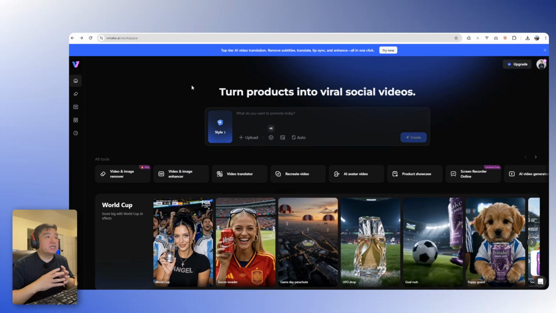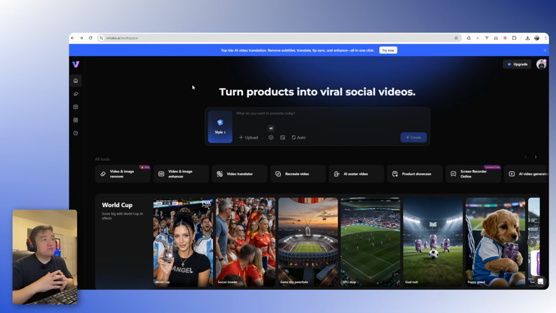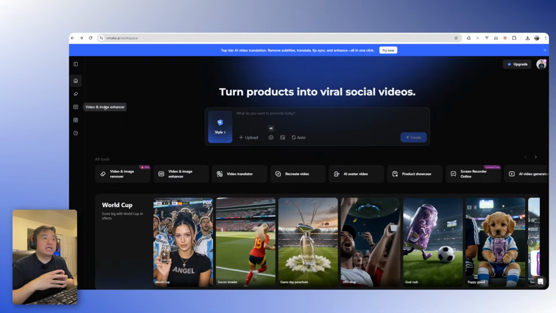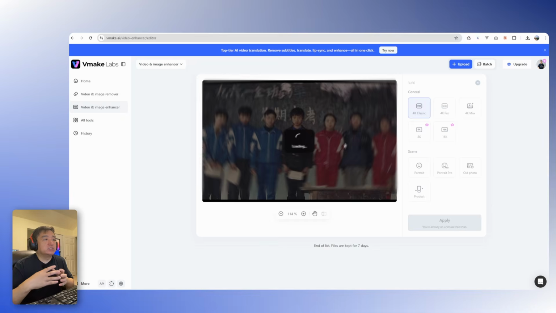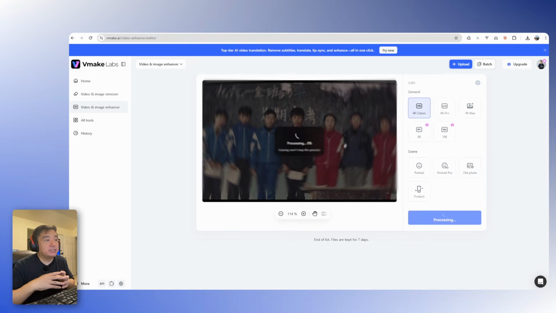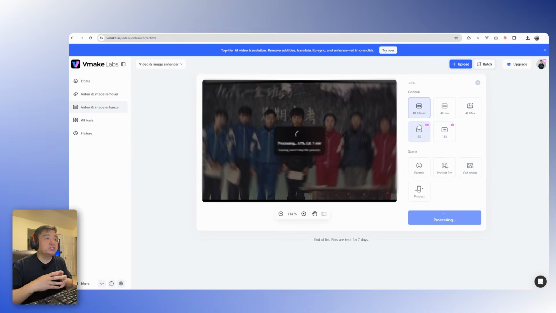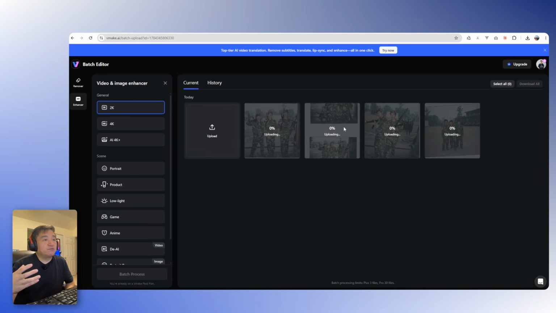One thing I really like about Vmake Labs is how simple the entire workflow is. Whether you are restoring one photo or hundreds of them, everything only takes about 3 clicks. You upload your image and choose the quality, then click apply, and that's it, everything is ready. For people who have a large collection of family photos, the batch restoration feature is much more practical than